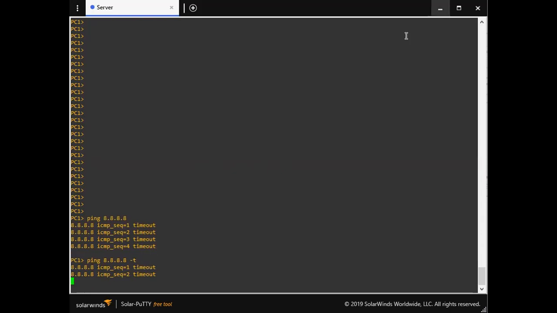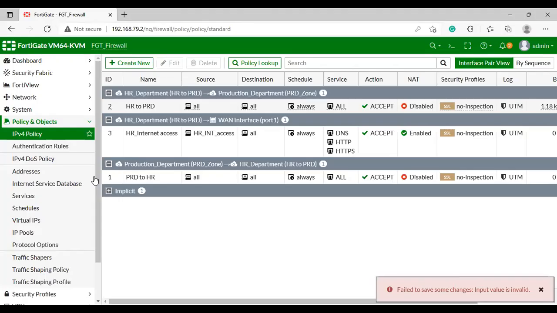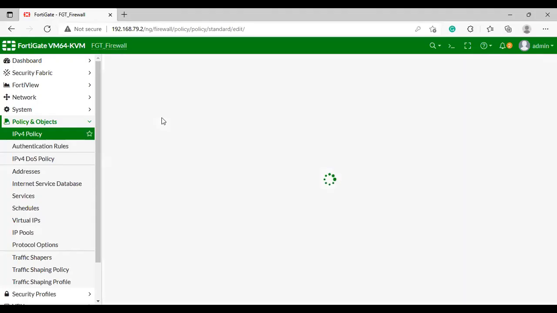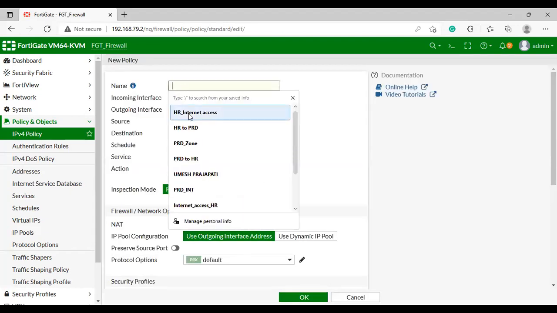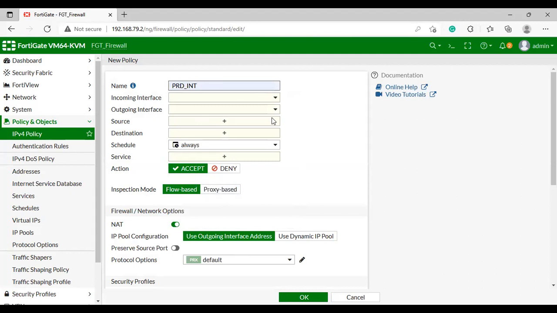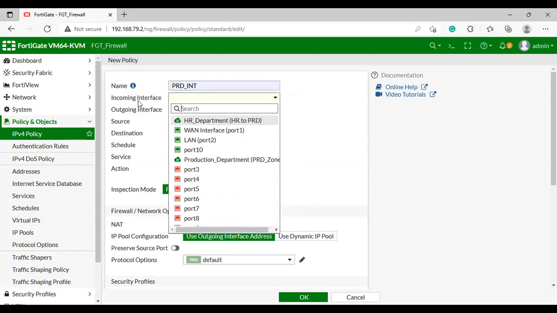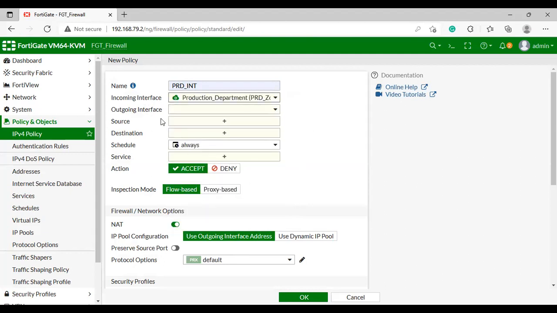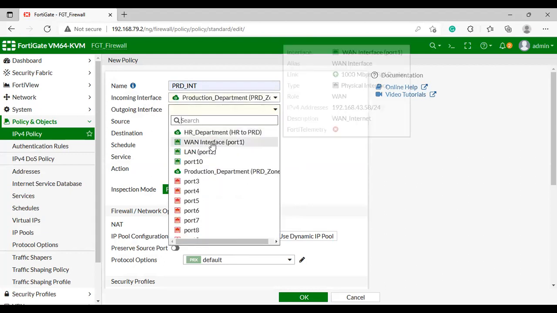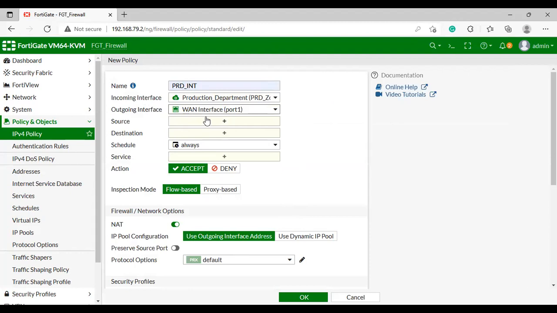So let me create one policy for the production department. I have given the policy name PRD internet. Incoming interface will be the production department, and outgoing interface will be the WAN interface, which is port 1.